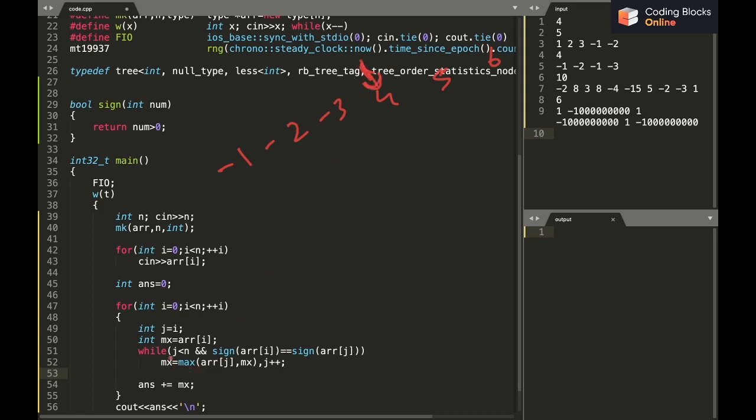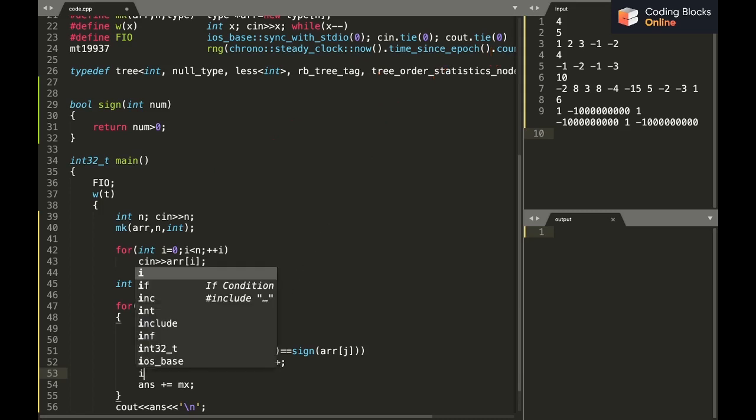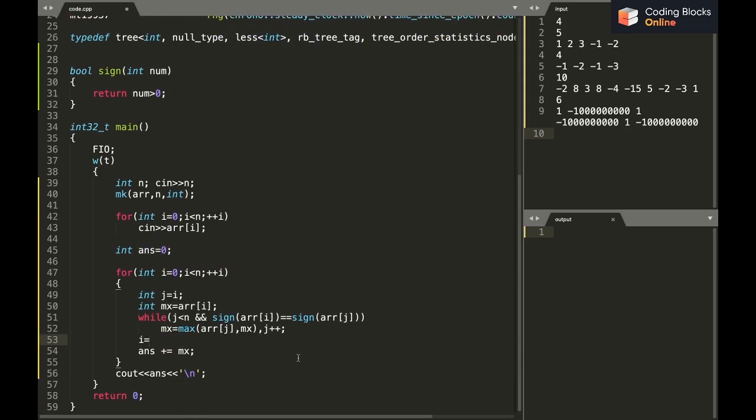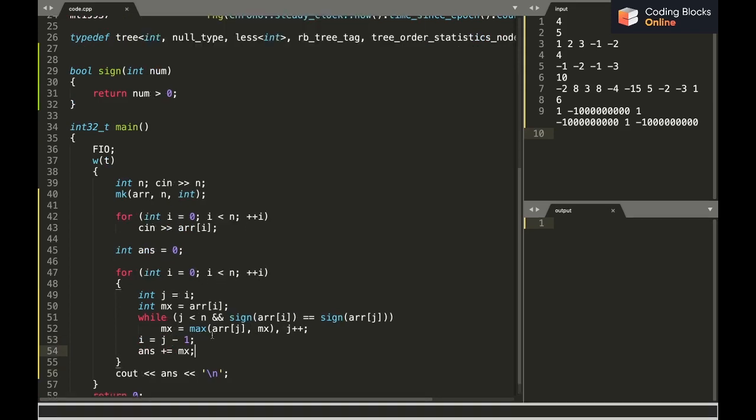So when the inner while loop ends, earlier j will be here, then here, then here, then j will basically reach the 4 value. Now what I can do is, after running the loop, I can say I equals j minus 1, right? So I'll do this and let's try and run it.